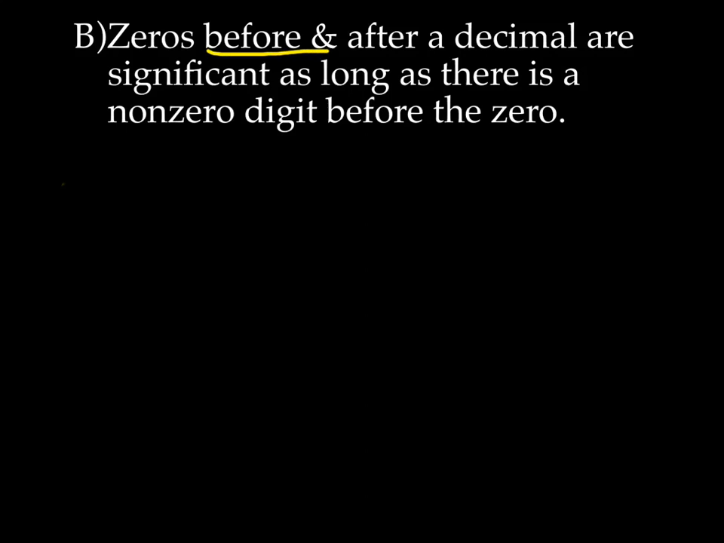Zeros before and after a decimal are significant as long as there is a non-zero digit before the 0. Okay, so this time we do need to think about the decimal. One more time, zeros before and after a decimal are significant as long as there is a non-zero digit before the 0. Okay, let's try several examples. We'll start with